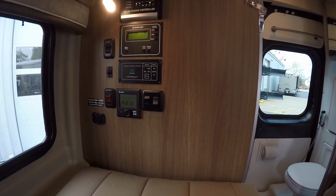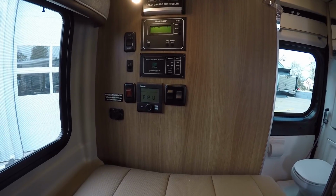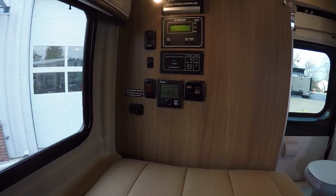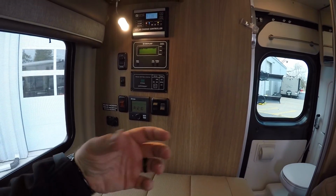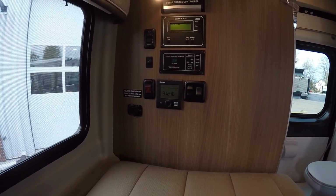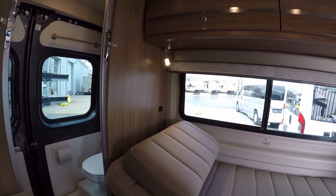Here's for your Truma Combi, so it actually has a ducted heat in here, which is really cool. The heat's going to be significantly more quiet than a single position heating system. Yeah, basically it's going to be much more efficient. That system sort of fires on a number of cylinders, and if it doesn't need to fire on all cylinders, it'll drop back to maybe 1 or 2 out of the 3 cylinders. So it's a real smart system. Very cool. So that also works with your hot water. So all-in-one setup. We have some reading lights back here on both sides, outlets of course on both sides, and